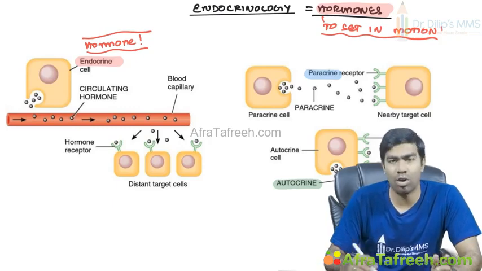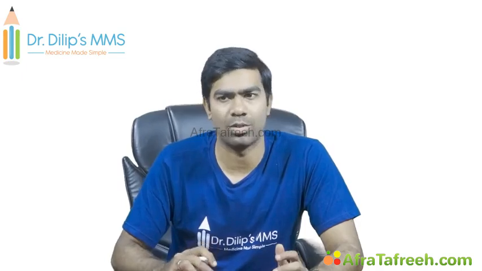Even though the term hormone should be used only for substances that work by this endocrine principle, it's often utilized for both paracrine as well as autocrine. That's not a sin obviously, but sometimes they interchangeably use it for paracrine as well as autocrine mechanisms, because the same substance may have multiple routes of action, like endocrine as well as paracrine, which I'll tell you in some time. So that's the reason sometimes the hormone term will be extrapolated to paracrine and autocrine mechanisms also. But ideally speaking, the term hormone should be used only for substances that work by this endocrine principle.